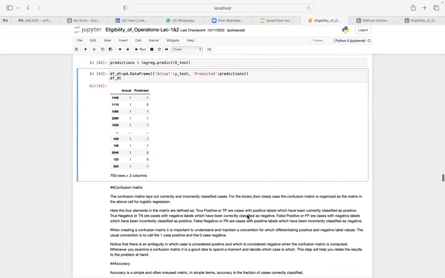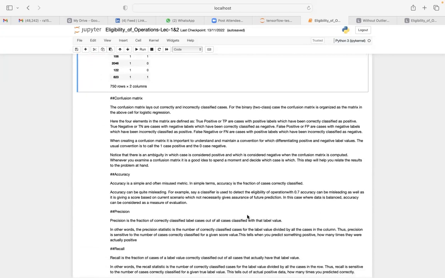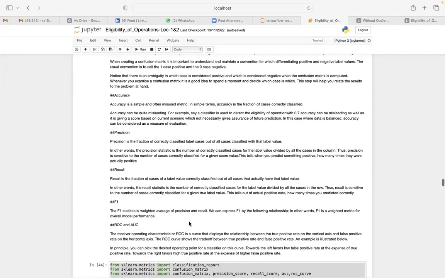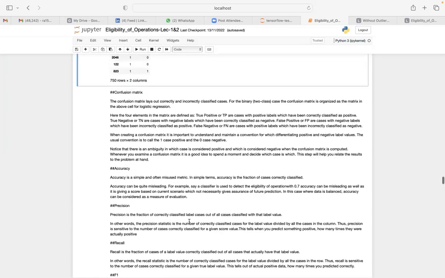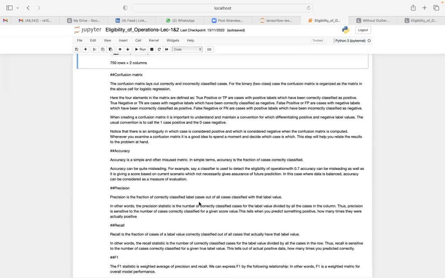Now we will see the concept of confusion matrix. What exactly is a confusion matrix? What is accuracy? What is precision and recall? What is F1 score? What is ROC and AUC? These things we will discuss. But the theory is here, and in the interest of time, if you are confident in these things, or you have studied thoroughly about these things, then obviously we'll not go into it. If you want, I can go through it very quickly. So let me know if you want to discuss these concepts before moving on,